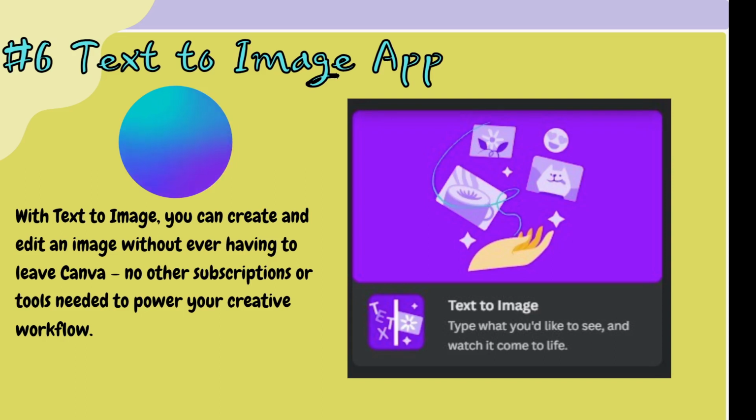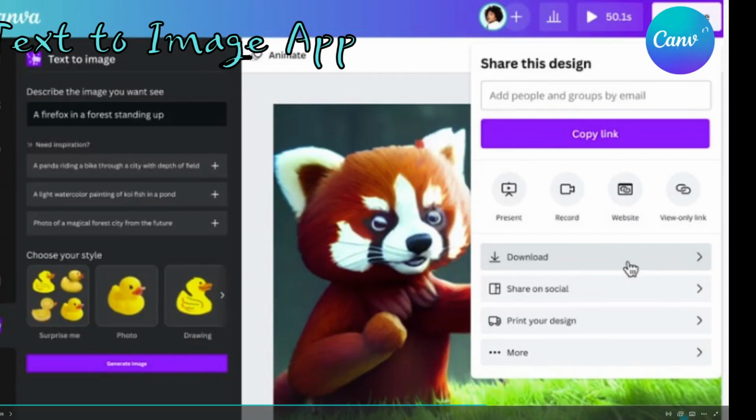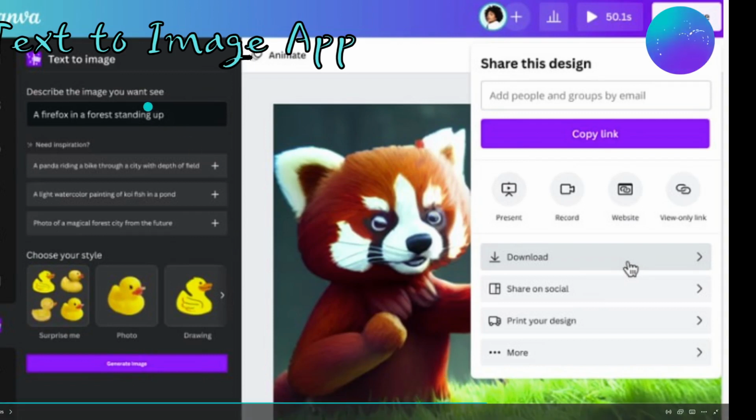This AI technology is something that is just exploding, and you can go out on the web and find some different options for this, but Canva has their own built-in app that is pretty slick. So I'm going to show you that here in just a second, but let me give you a run through on this. If you look over here on this left hand side, I did take a screen snapshot.